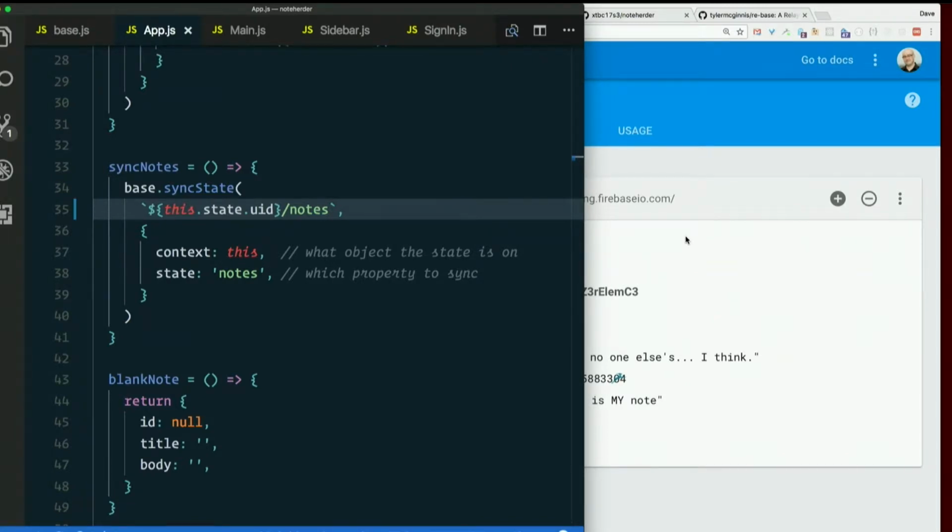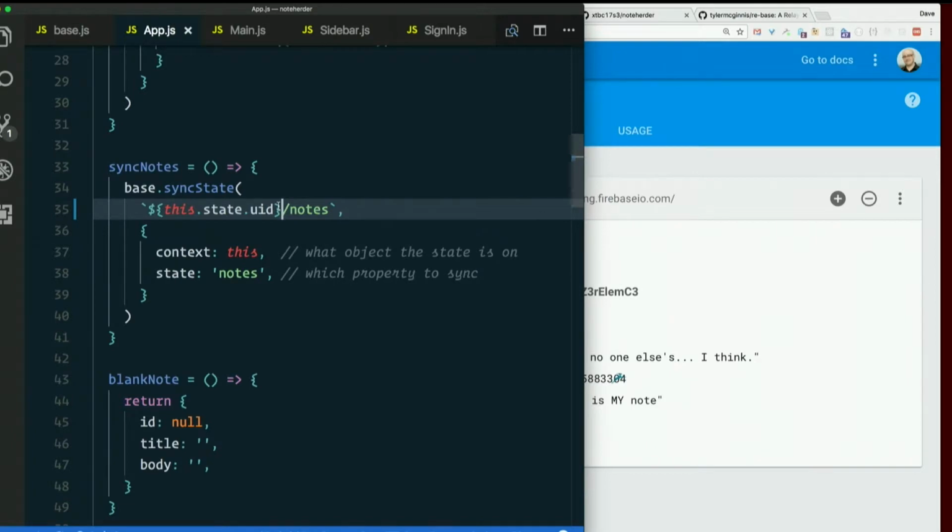Yeah, Rick. For some reason when I do that, I still get my user ID underneath notes, but before that I'm getting null. And then it's going null to notes to user ID. Did you change it so that sync state only runs after you've authenticated? Yeah. So this is why we need this.state.uid to actually be something. If it starts syncing immediately, it'll start syncing with the wrong endpoint. But I didn't allow it to happen wrong before we fixed it. We fixed it ahead of time. Did you do that